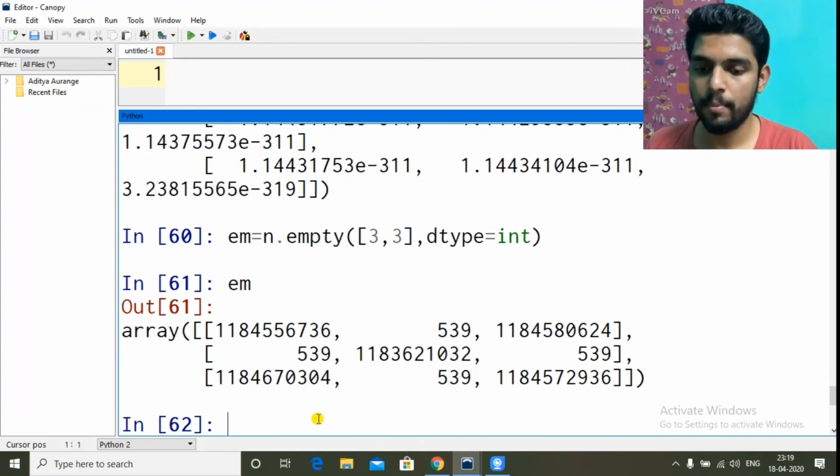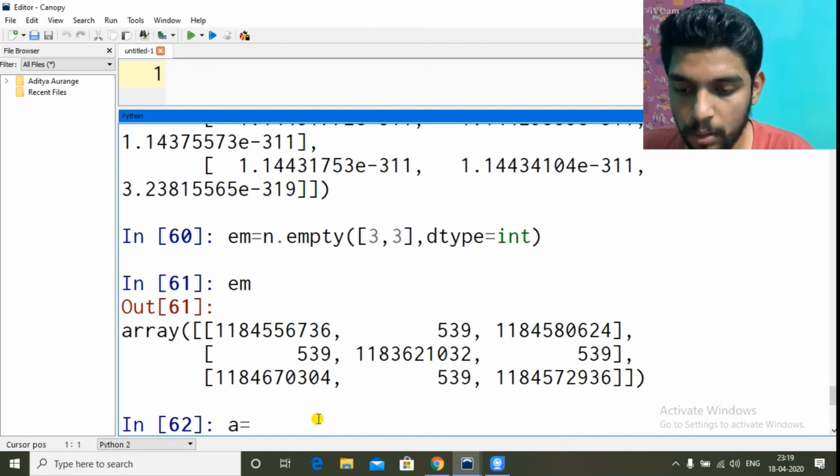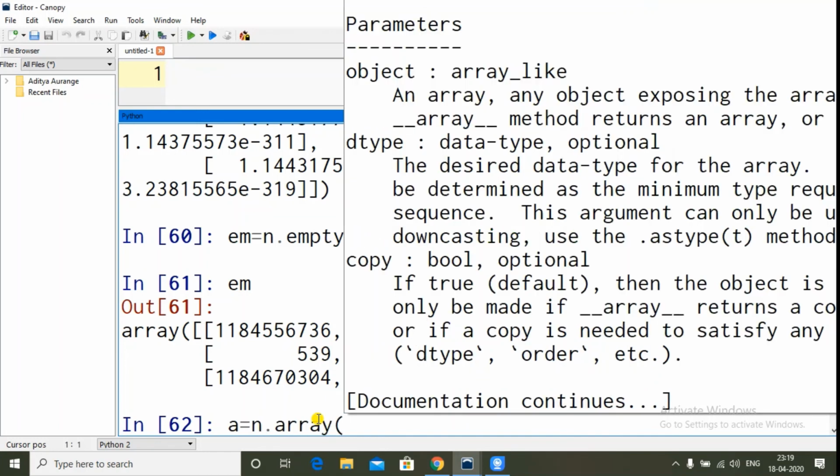Now let's see one more thing. Copy function. How we can create a copy of data. As I said earlier, let me create an array first. A equal to np.array, and data I will give 2, 3, 4.